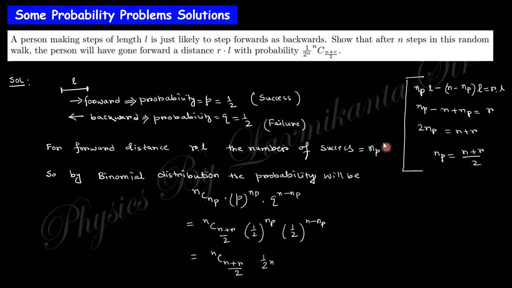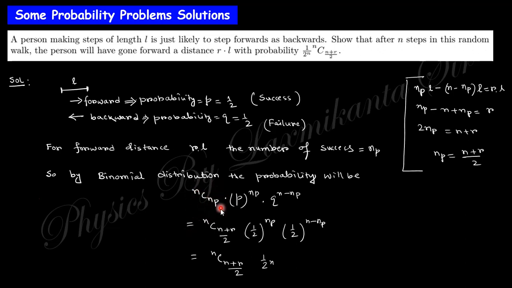np is the forward step. Then what will be the backward step? Backward will be n minus np. So np into L is the forward and backward is n minus np into L. So the resultant will be RL, from where you can easily find np equals n plus r by 2. Simple. From the binomial distribution, you can say that n is the total steps and np is the